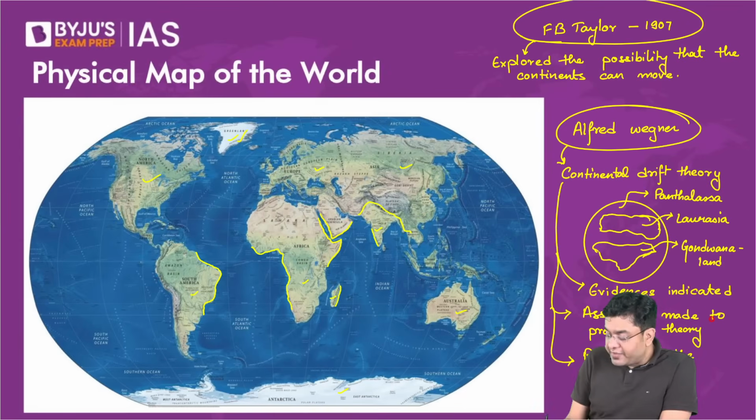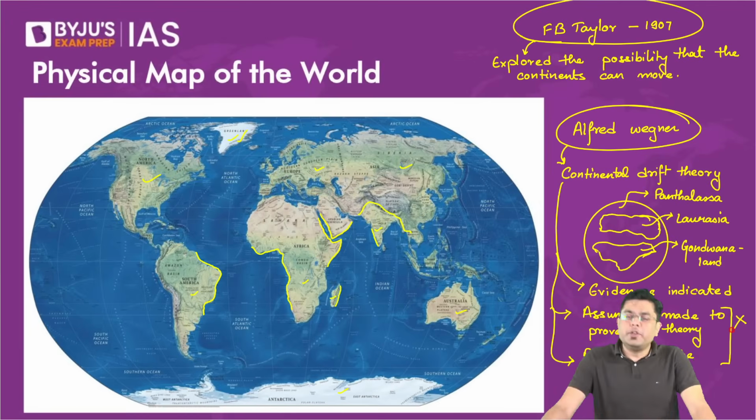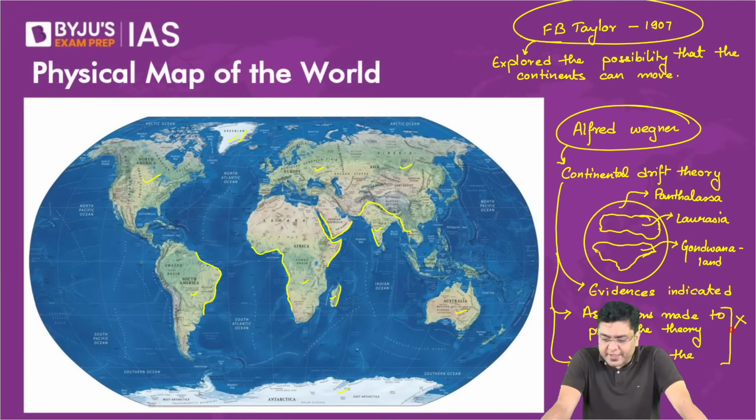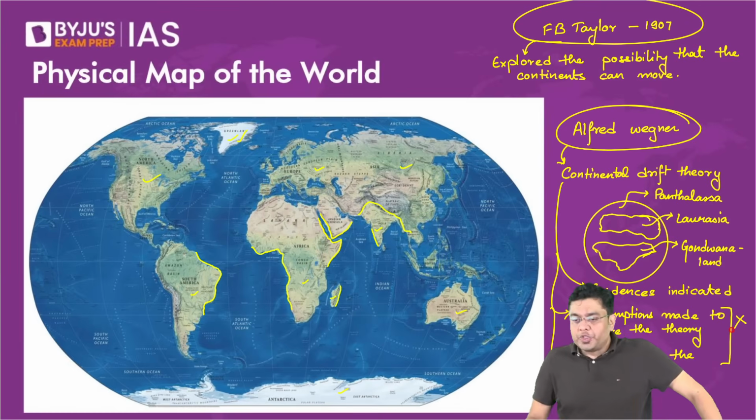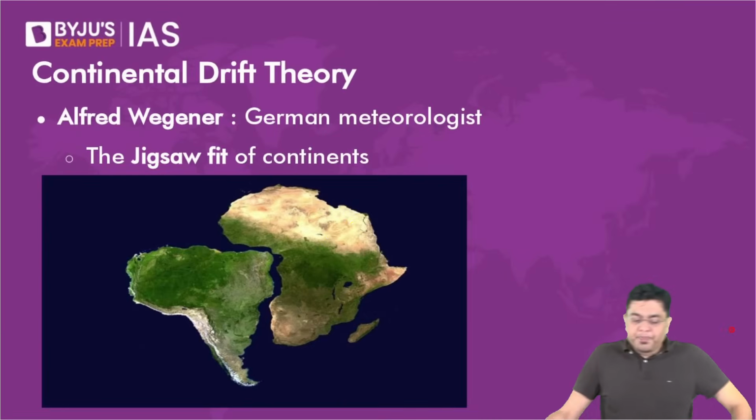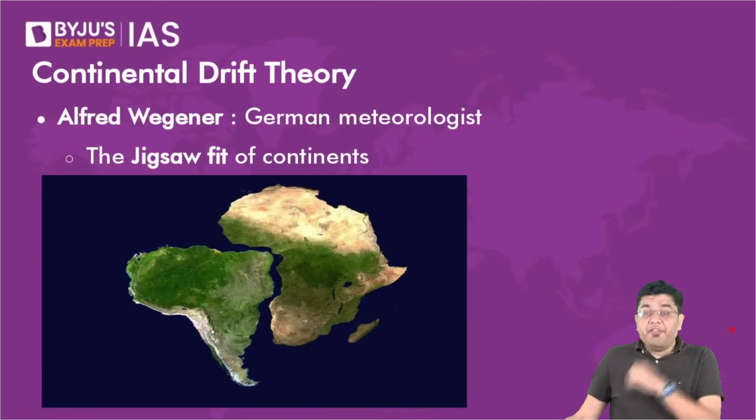Out of these, two, that is the assumptions and the reasons, were absolutely incorrect, due to which his theory was ridiculed and rejected. But first of all, let us think about the evidences which Wegener saw, which convinced him that the continents that we live across are not a stable mass. They themselves are prone to change, and they are moving from one place to another. So, first of all, we shall be taking a look at the evidences.